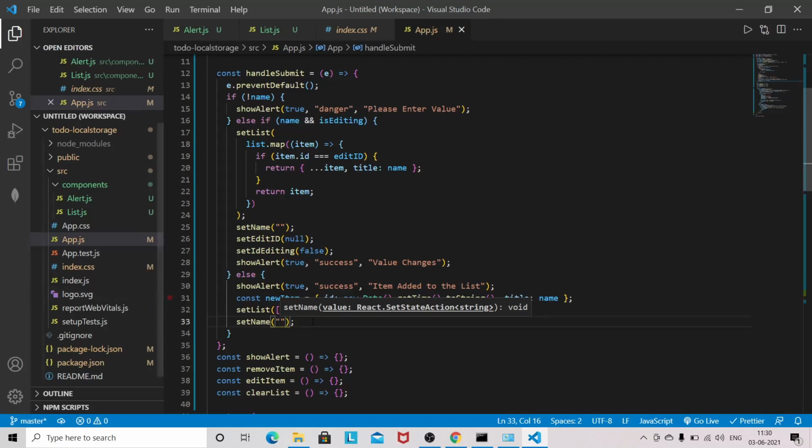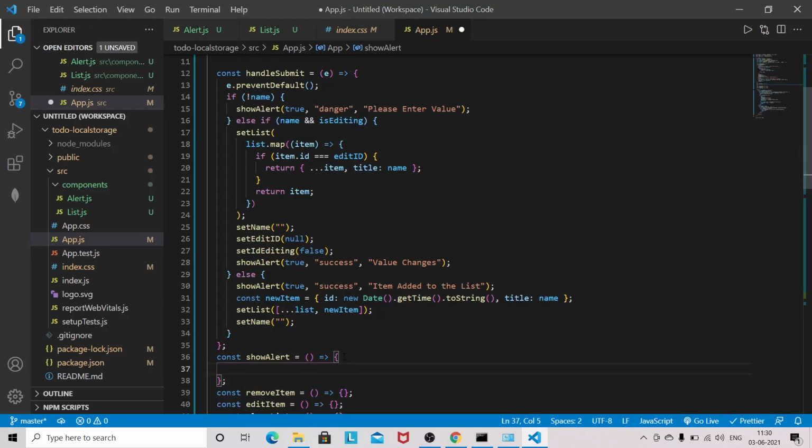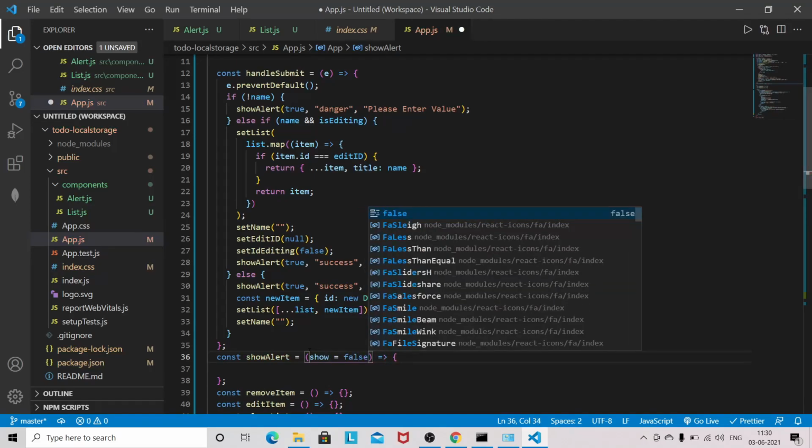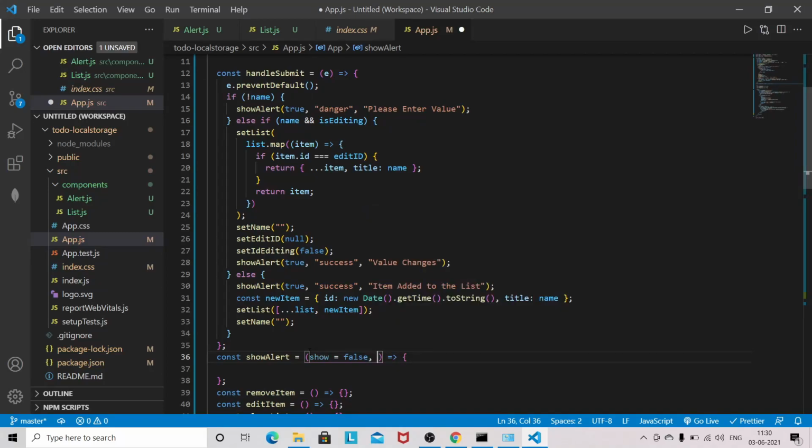Now we'll write the alert function here. So showAlert is receiving some arguments. If the user doesn't pass anything, I am giving a default value, show equal to false.